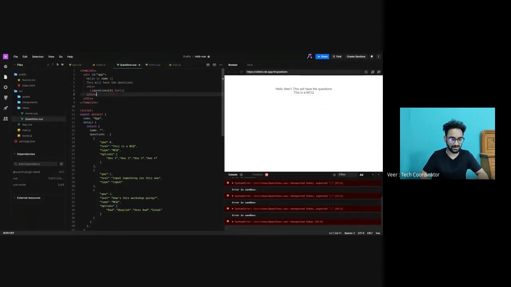And similarly, I make other questions in the same page. But I will be copying a lot of code, and I don't know how many questions there are. There can be 100 questions. I'll have to do it like 0, then 1, then 2, and then 3. This is where a v-for, basically a for loop in HTML, comes into the picture. So in any HTML element, if we define v-for equal to question in questions,